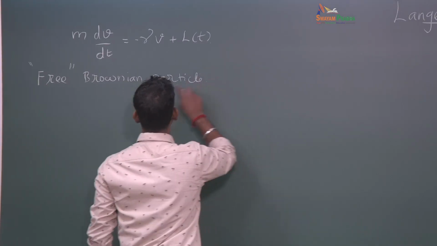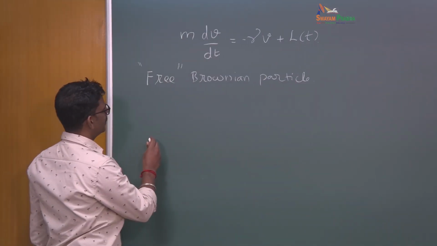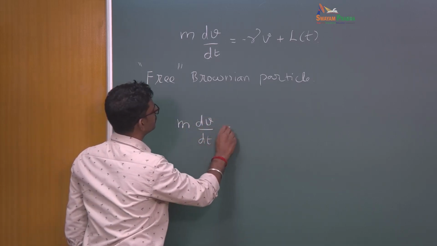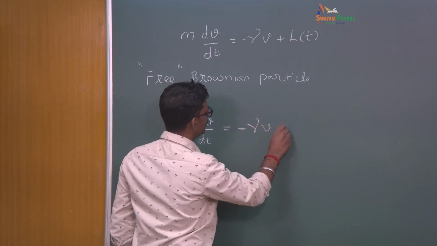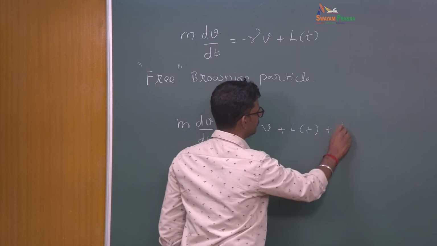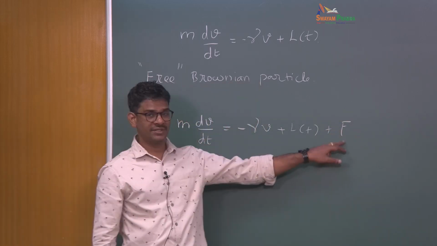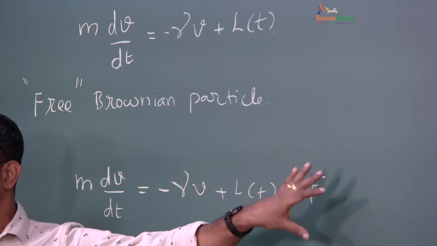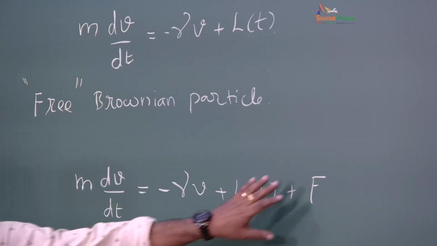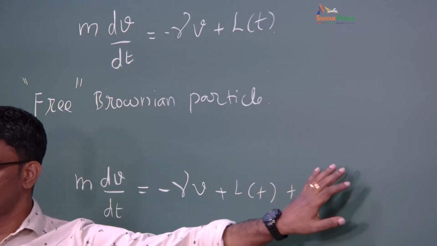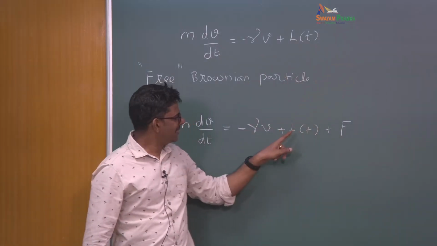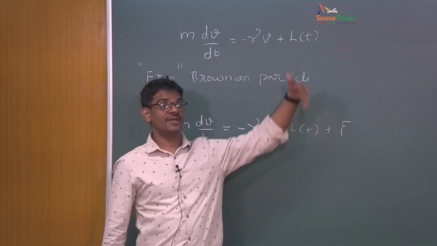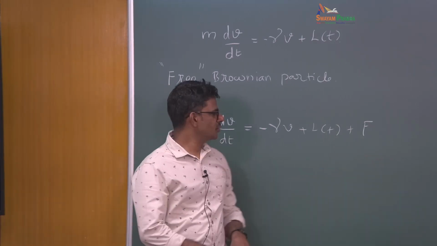So you can say, for example, so this is for a free Brownian particle, and if you want to say a particle under an external field, you would have some additional force, and you have to prescribe what this force means. You know, is it a gravitational force? Is it any other kind of body force? You know, that's where as a modeler you will have to describe what is the nature of this. This can be a deterministic force, it can be a random force if it is coming from some other randomness. Already we have taken care of the randomness associated with the molecular collisions. If you think that this particle is subjected to some other kinds of random force, you can encode it, okay. So here we are leaving it open,